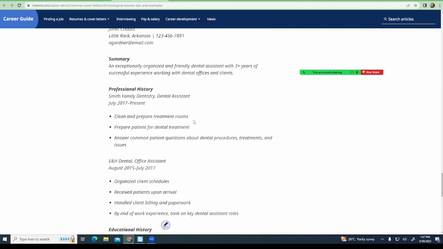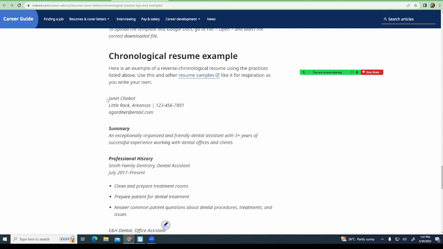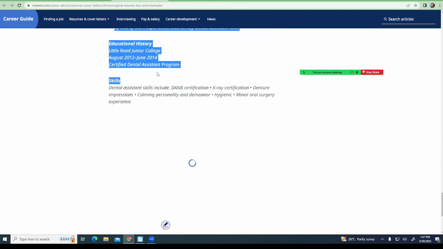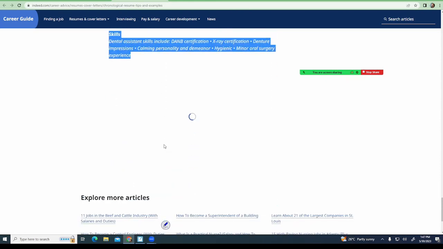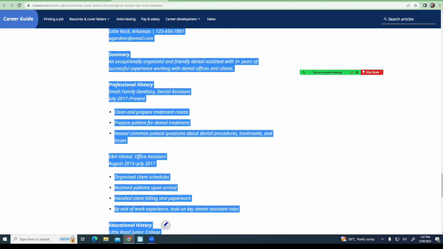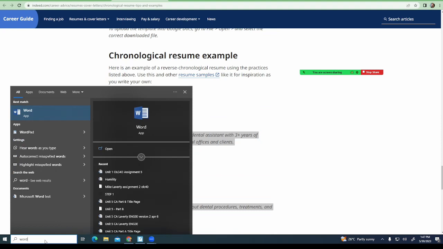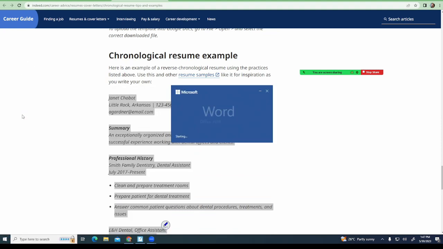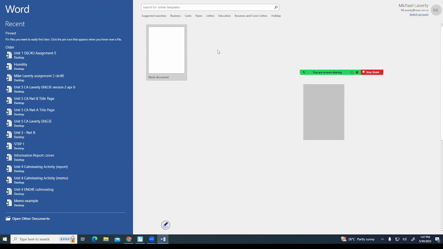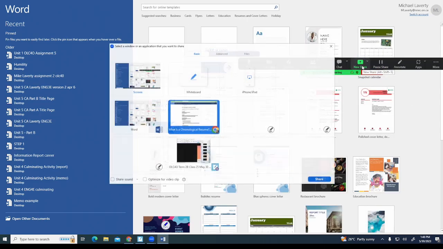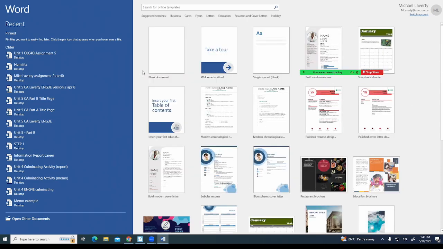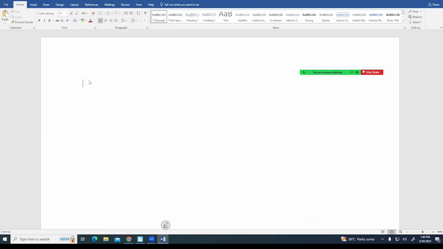And then you can even just take this resume example and just kind of copy it. And then you can put that into a Word document. So if I take that formatting and I copy, oops. When you copy from a website, you always want to right-click and then go to